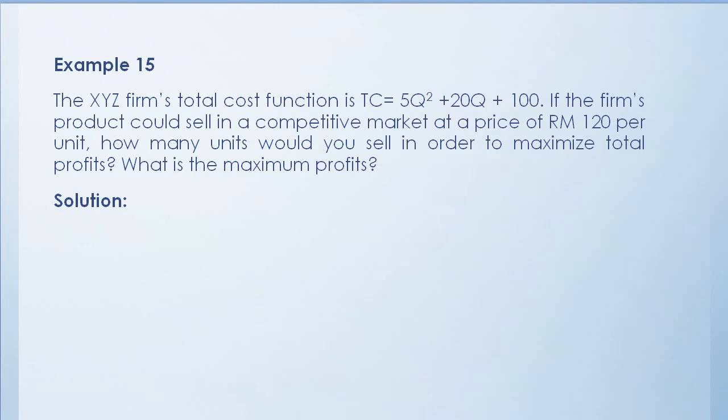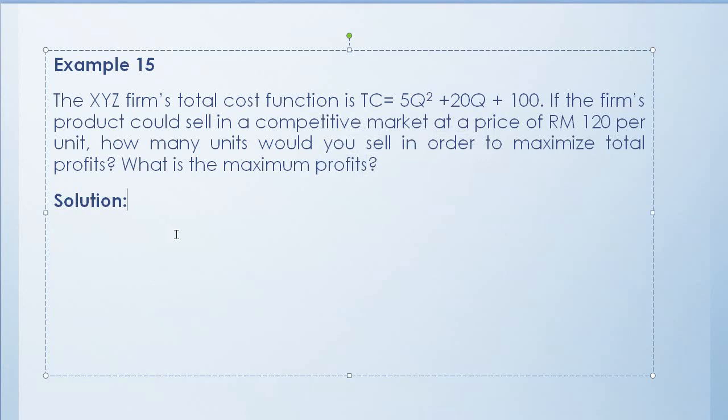And next, example 15. The XYZ firm's total cost function is 5q squared plus 20q plus 100. If the firm's product could be sold in a competitive market at a price of 120 ringgit per unit, how many units would you like to sell in order to maximize the total profit, and what is the maximum profit? Since the question gives you total cost, and they give you the selling price, which is 120, but they are asking for profit, so we have to use a